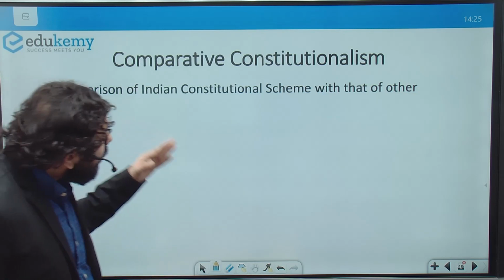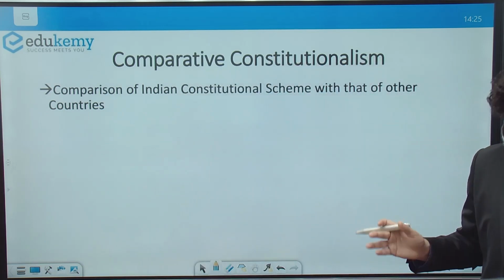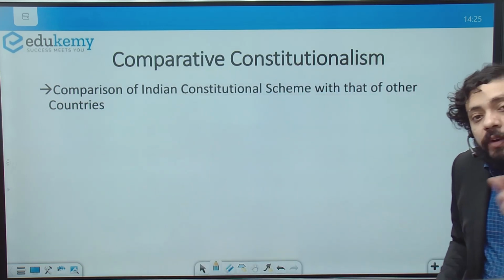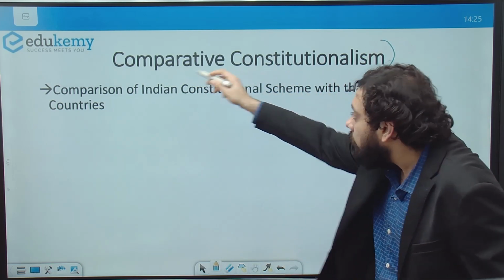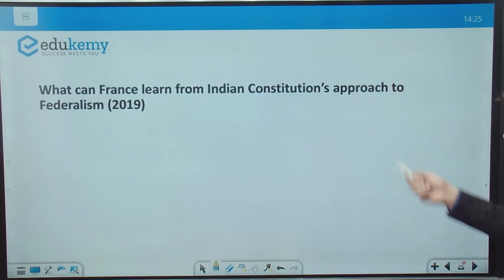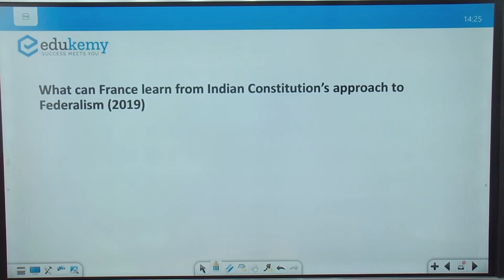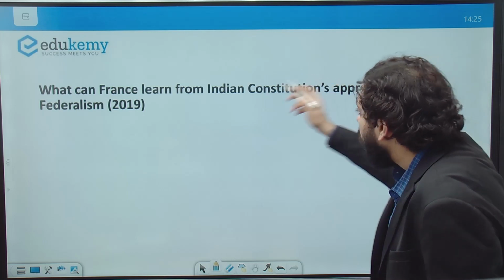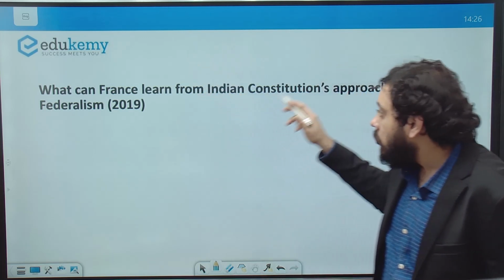And how the Indian Constitution is similar to some of these constitutions and different from some of these constitutions is basically the ideas that we study under comparative constitutionalism. Let's take a look at this 2019 question. What can France learn from Indian Constitution's approach to federalism? Okay, this is basically a comparison of the value of secularism in different constitutional schemes, the French Constitution and the